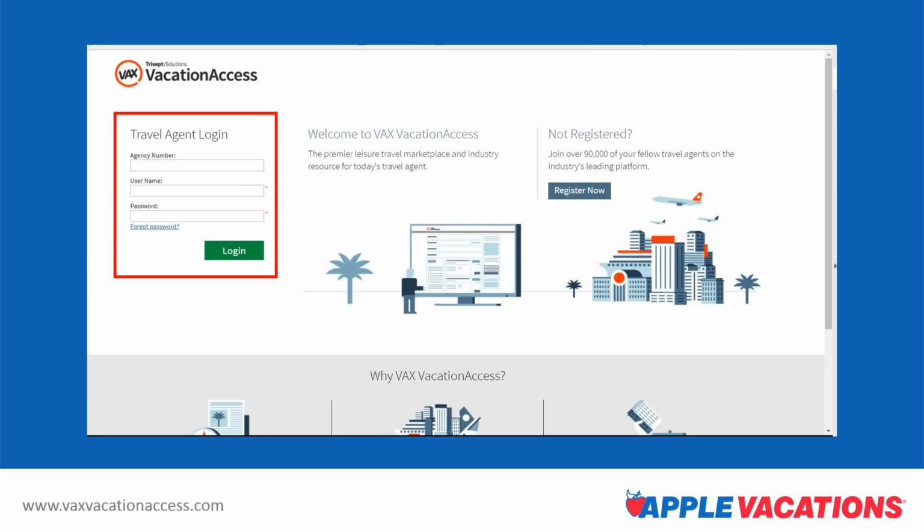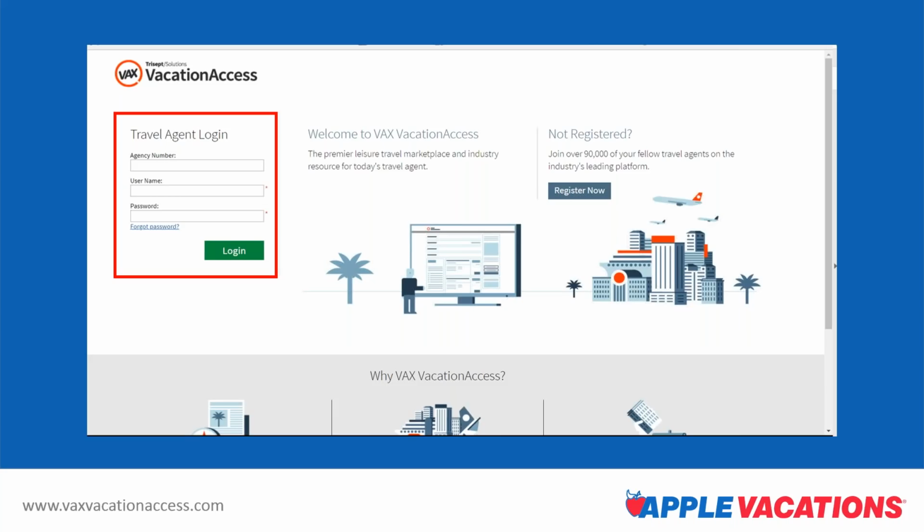As I said, if your agency is already registered with Vax, it's a two-part process. First, you register with Vax. Secondly, you register with the different companies that sell in Vax to be able to sell those companies. So if your agency is registered with Vax and is also registered with any of the Mark Travel companies before, then you're good to go because you'll be registered to sell all of the Apple Leisure Group brands. That's the good news.